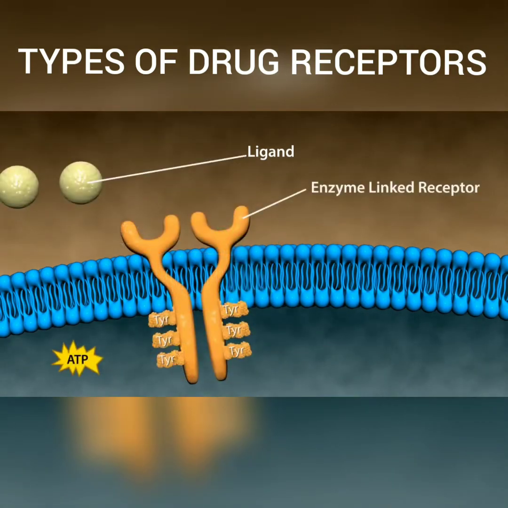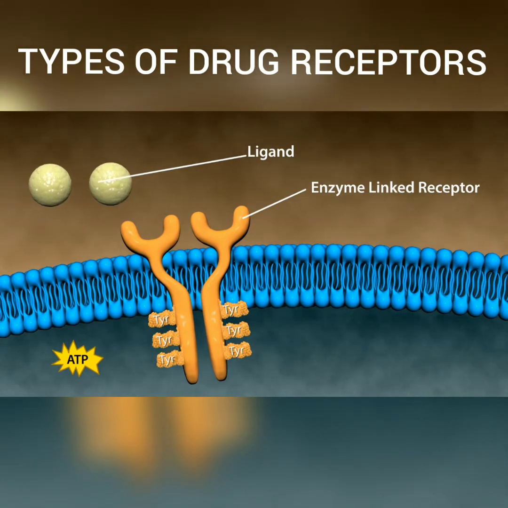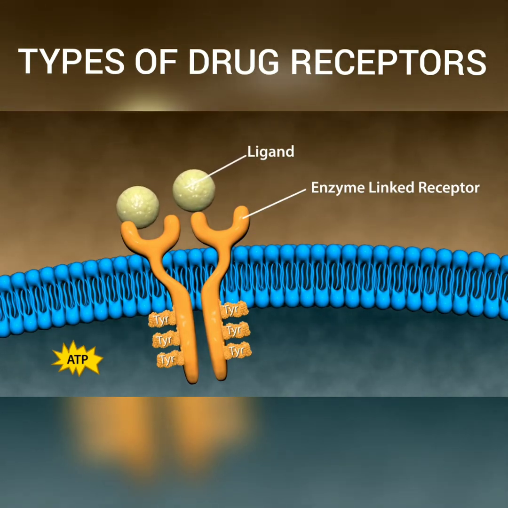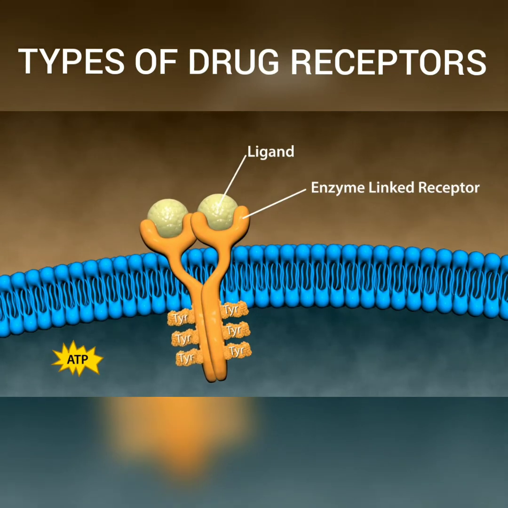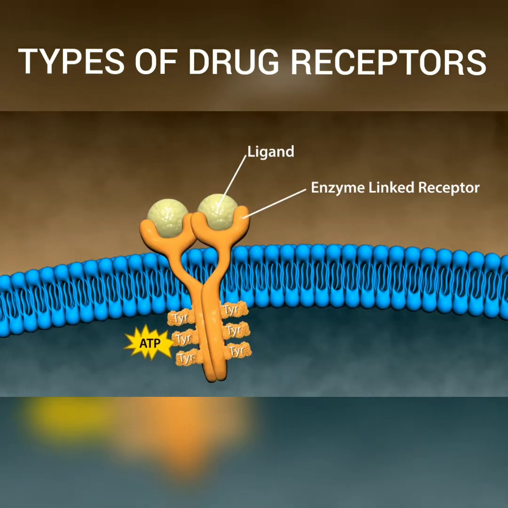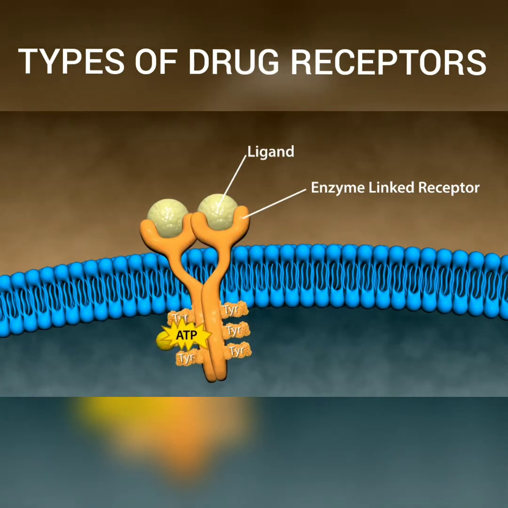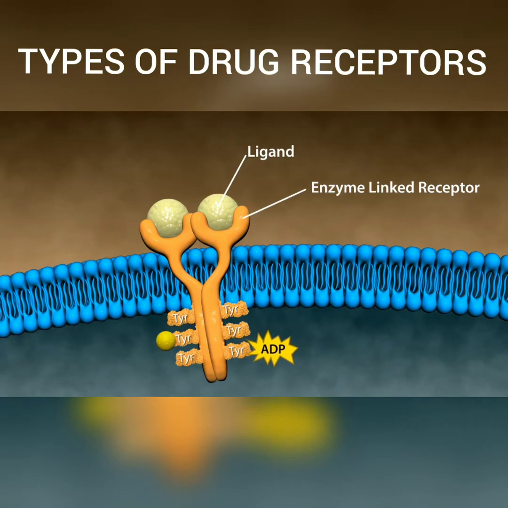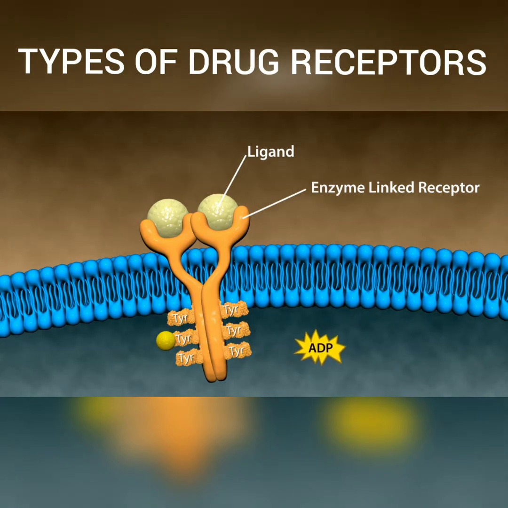In enzyme-linked receptors, the transmembrane proteins of the receptor are enzymes, or closely associated with enzymes. For example, the tyrosine kinase receptor. The binding of the ligand induces dimerization of the receptor, which activates its tyrosine kinase activity through autophosphorylation and phosphorylates other intracellular enzymes sequentially. The phosphorylation status of the enzyme may result in activation or inactivation, resulting in various cellular